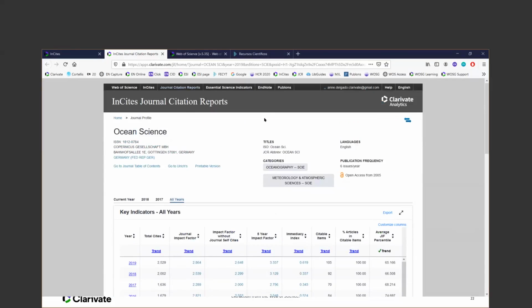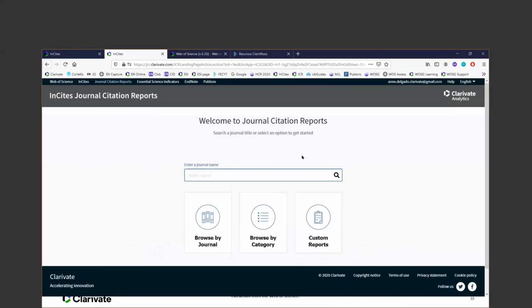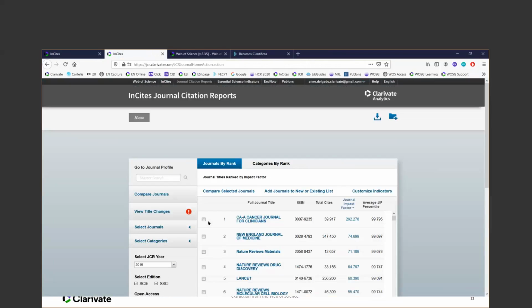Now we're going to do something different. We're going to search for journals depending on some criteria. I'm going to this area, browse by journals, because very often people are asking, how do I know what are the journals with a high impact in my discipline? This is the question that I'm receiving very often. And there are different ways to determine those journals. One of those ways is to have a look at JCR